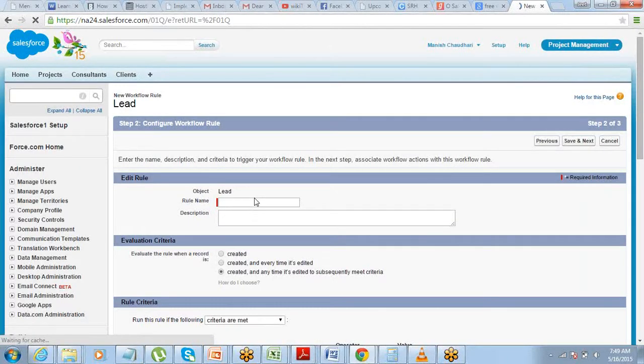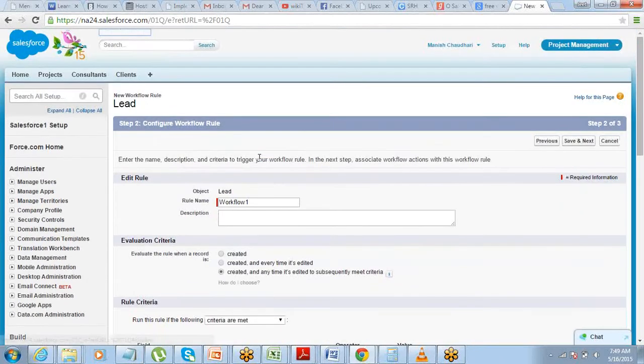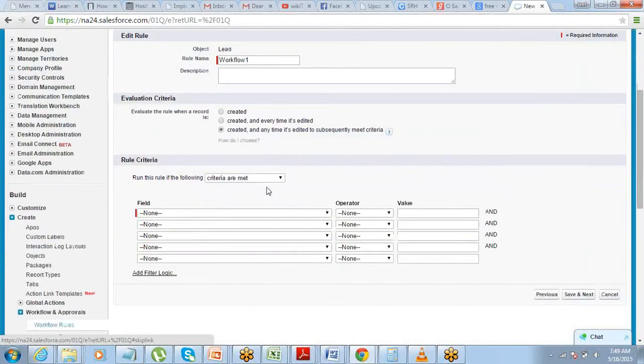Just put a rule name here. That can be anything. Workflow 1. Give it any name and description. Now evaluation criteria. The criteria has two parts: evaluation criteria and the rule criteria. What is evaluation criteria? Evaluation criteria is when you want the rule to be evaluated.